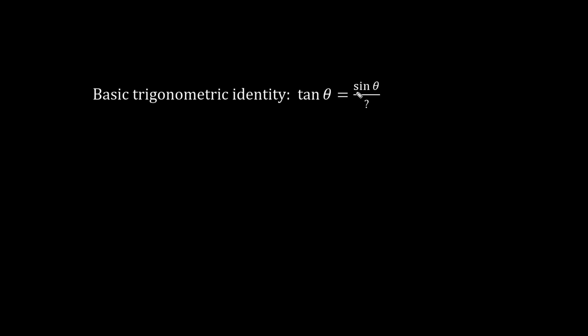Tan theta is sine theta over cosine theta. Please memorize that basic identity. Let's draw a nice right triangle. And we have a y value for the height, and we have an x value for the width, and we have an angle theta. Remember the acronym